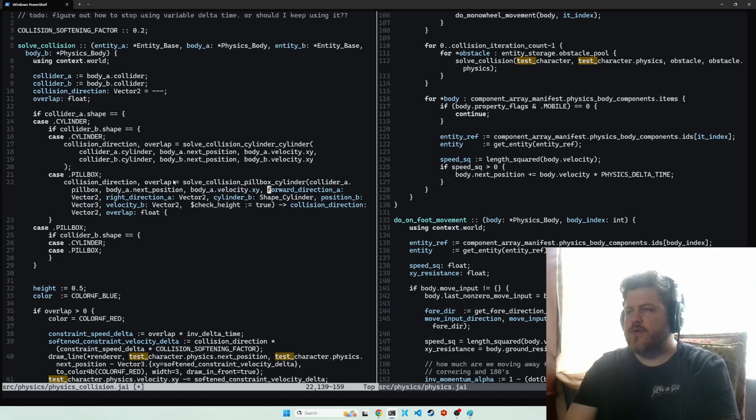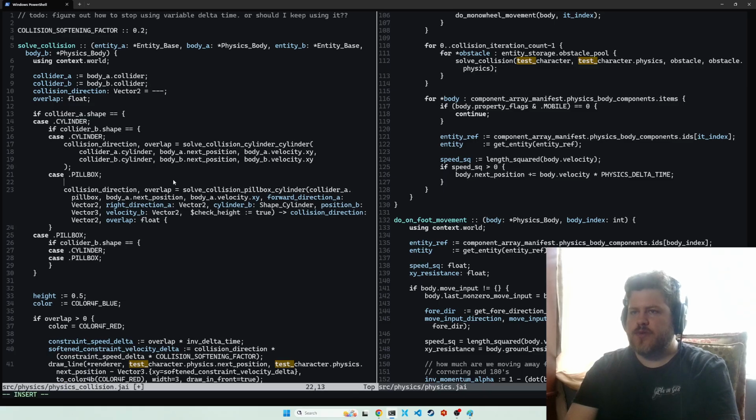And then forward direction. So I need to get the forward direction of the pillbox. Again, this is something that should be taken care of in the broad phase physics, but I'm not doing a broad phase right now, so it's just going to hand calculate every time. So pillbox 4 is get forward direction